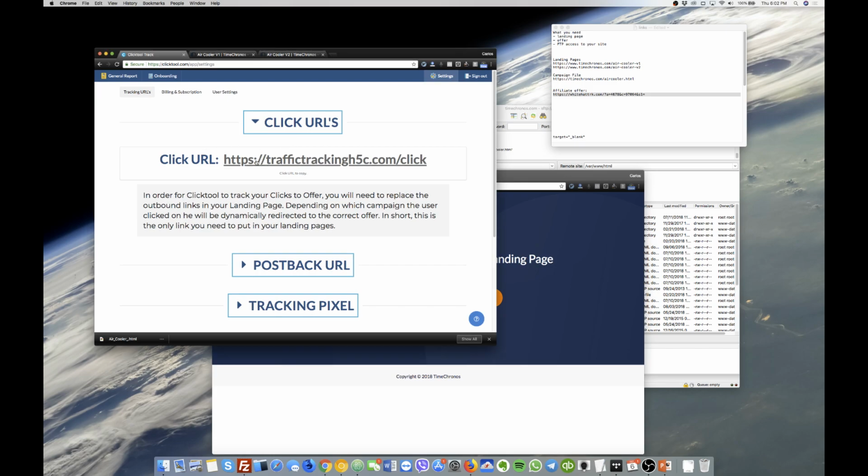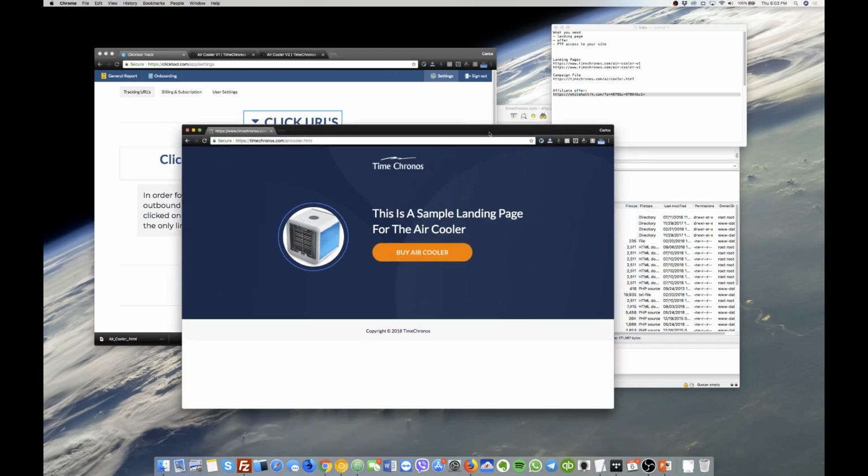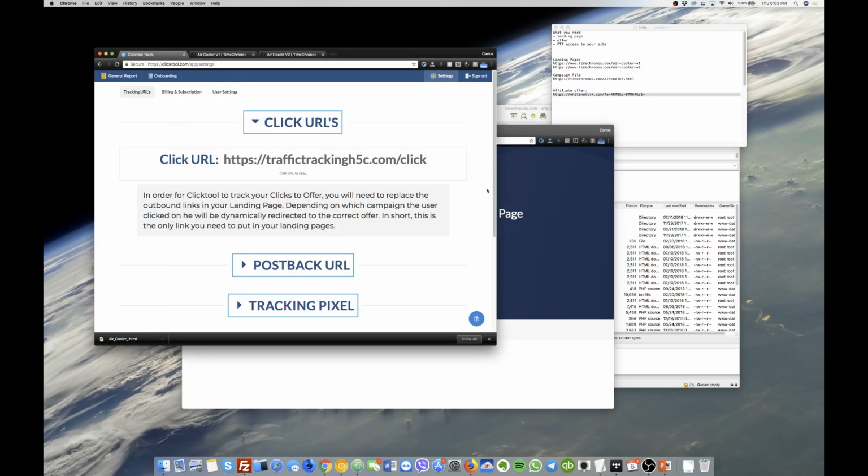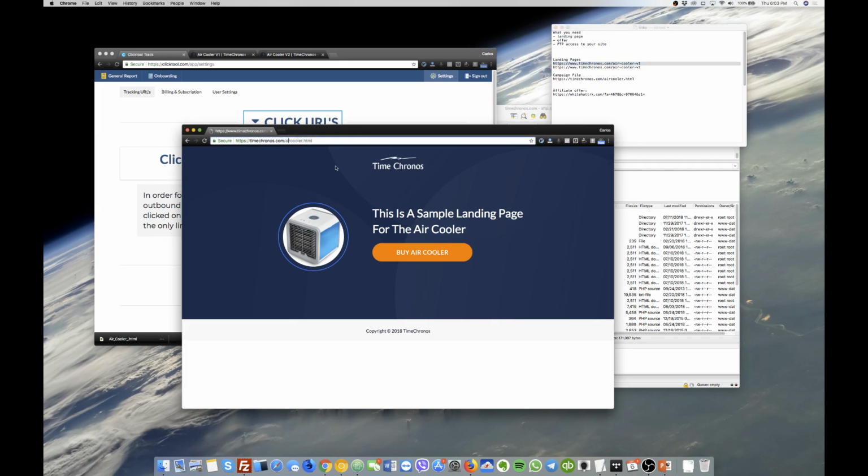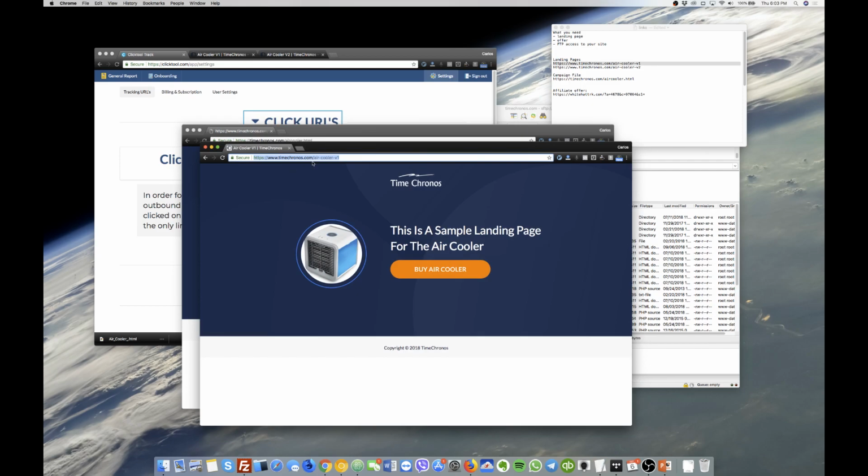Something that's also very important, I'll explain it. If you click on this link, it'll give you an error, right? It'll say that it doesn't work, so you are going to think that it doesn't work, but it's only because you are not clicking on it from a campaign file. If you are inside your campaign file here and you click on the link, it'll work. Sometimes people will go straight into the landing page and then click on the link and it won't work,